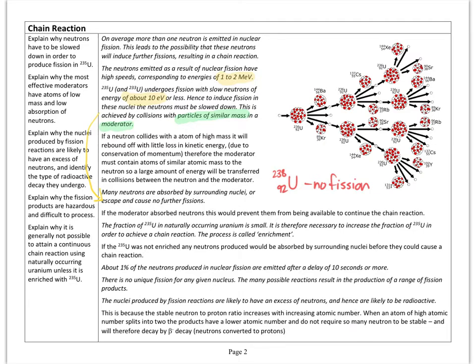So what you need to do is a process called enrichment. As I said, the naturally occurring uranium contains mostly 238 but also some 235. So they enrich that, and that has the effect of increasing the fraction of uranium-235 so that you can get to a point where there's enough uranium-235 there that a neutron is more likely to hit one of those and cause an induced fission and the release of a large amount of energy rather than be absorbed to form a new isotope. You don't need to really know how they do this, but it's essentially done by